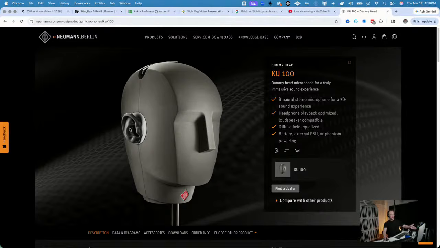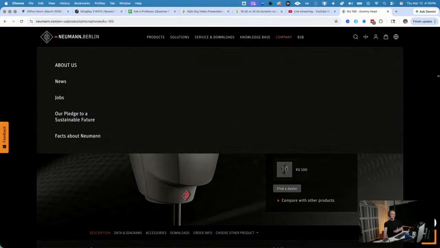These ears, at least the ones on the KU80, were based on one of the guys who was doing the research. It wasn't the guy I talked to, Stefan Poyce, but just another person on the research team. They did some research and they said, oh, this guy has pretty generic ears. So they molded his ears and applied them to the KU80.